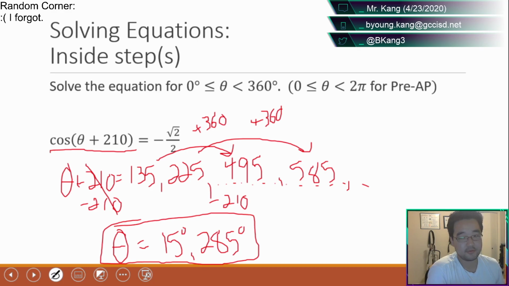Just my best piece of advice for pre-AP students who are bothered by the radian part of the problem, which I realize is going to be some people. Just remember, don't actually type the pi into your calculator. Just make your fraction into a decimal and compare the decimal to the value 2 to see if it's bigger than 2 or smaller than 2. That should give you some help there. If you're comfortable enough with fractions, just take a look at the fraction, reduce, and see if the least common denominator gives you anything over 2 or not.